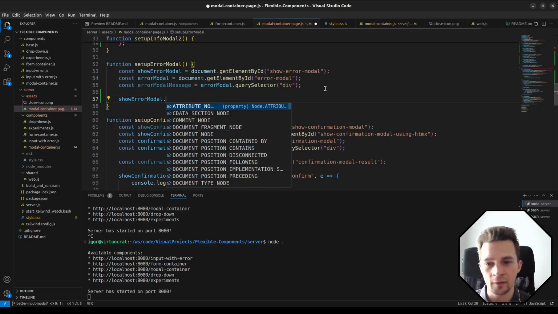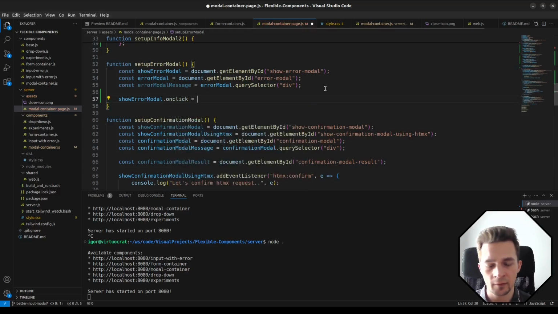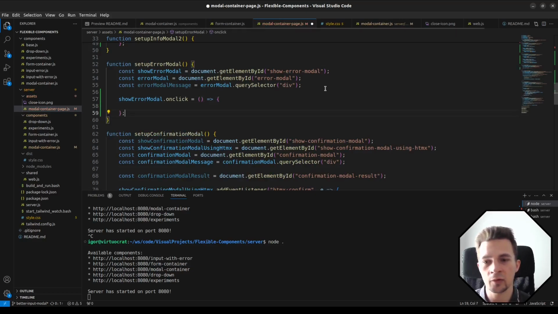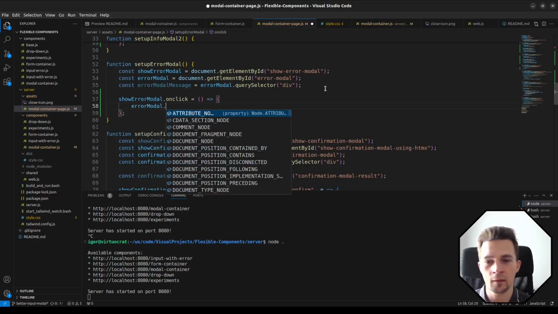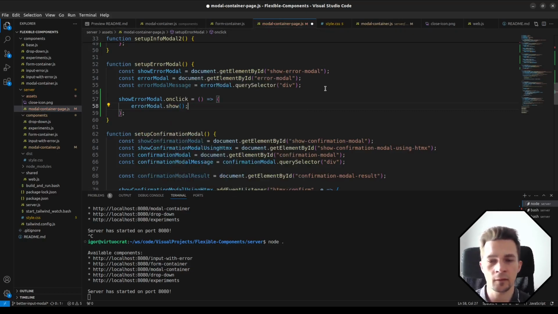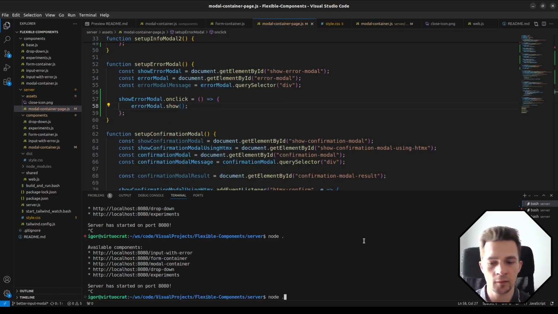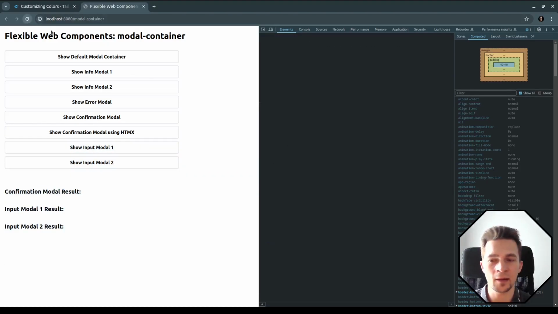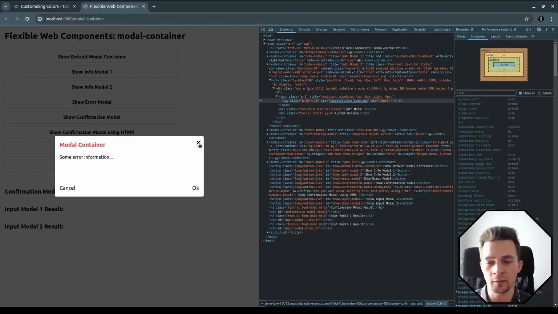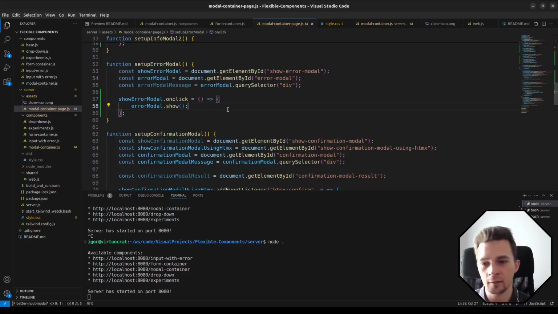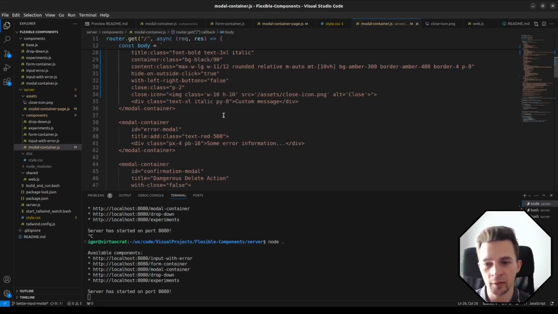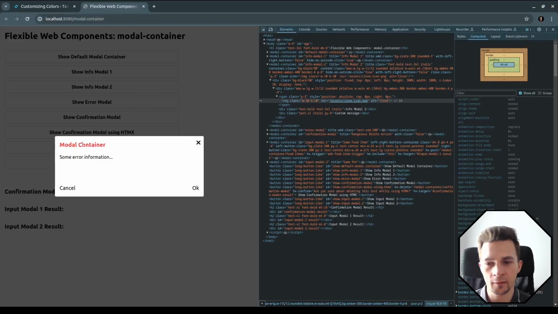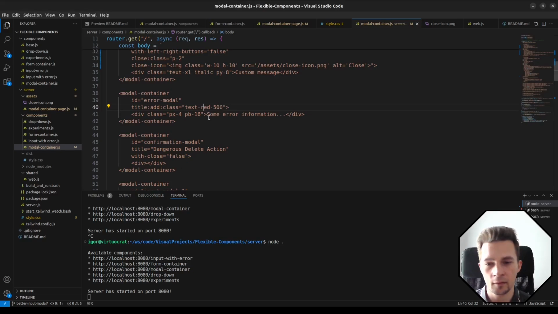So I think it's the same actually as info modals. Maybe I just wanted to show that we can have an error. So more like an error use case, so just different style. So where we have this guy, yeah, so text red, okay, some error information, maybe actually let's remove it, and we specify in the JavaScript